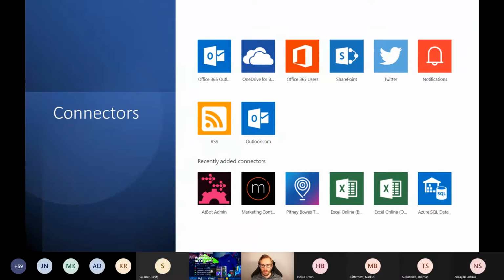So there's a great number of connectors available, and these definitely simplify our lives a lot more. That was one of the things that I found most appealing when I got started with Power Automate, was the fact that if I wanted to get something out of an Office 365 mailbox, compared to how I used to do that in an on-premises environment, it really simplified things, because it allows you to filter on any incoming mail, filter on specific properties of that mail.